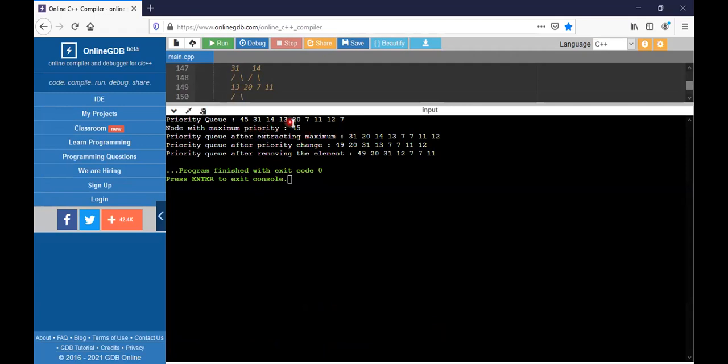I extracted the maximum here. Extracted means I removed the maximum element here. Then the next element inserted after this 45, we need to see whether it becomes the maximum priority or not.